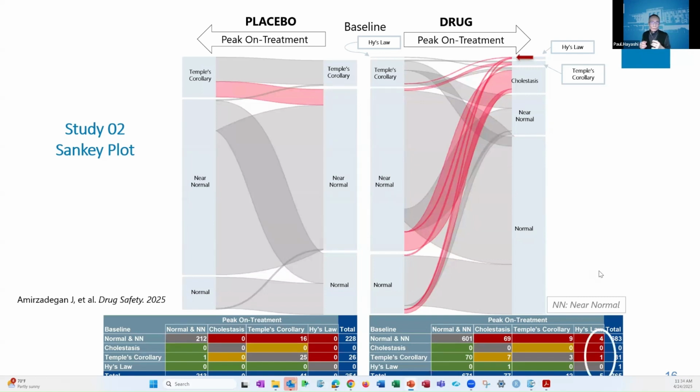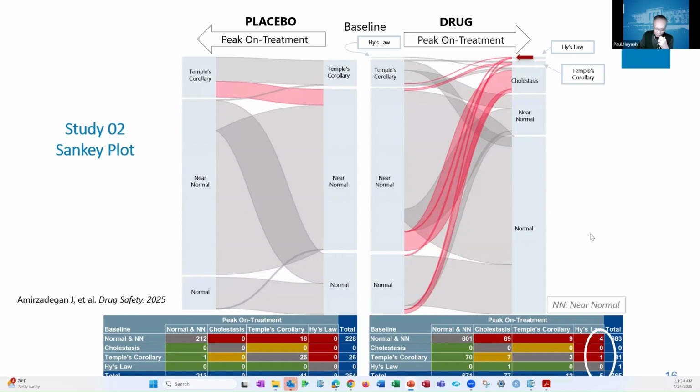Now, so visualization, categorization, there's that third function. How do we go after these cases? Now here there's only 5, so we just probably gather them up. But there could be, and there will be, scenarios where there might be 20, 30 new arrivals into Hy's law. So how do you decide which ones to go after, or which ones are more important to you?